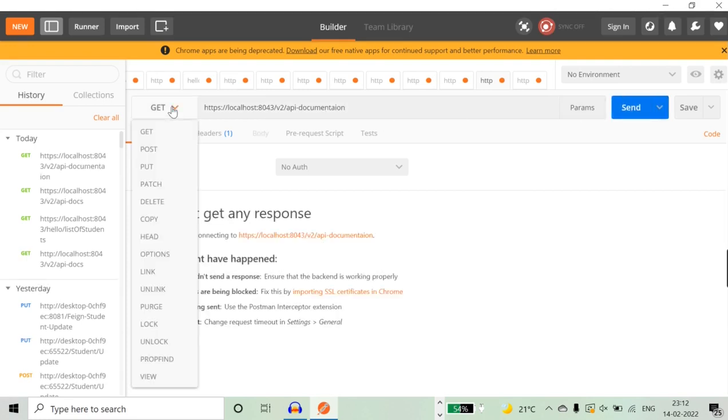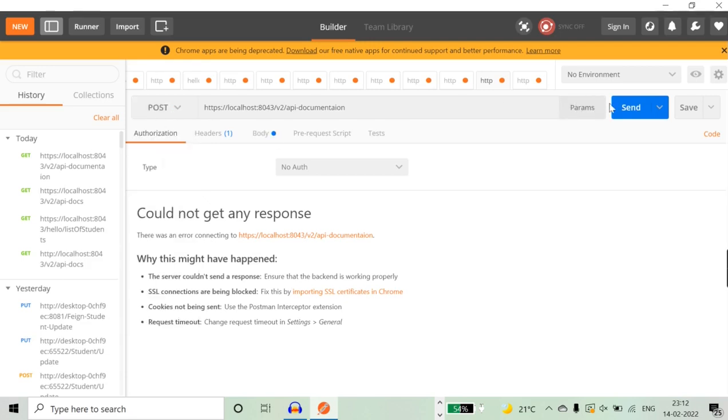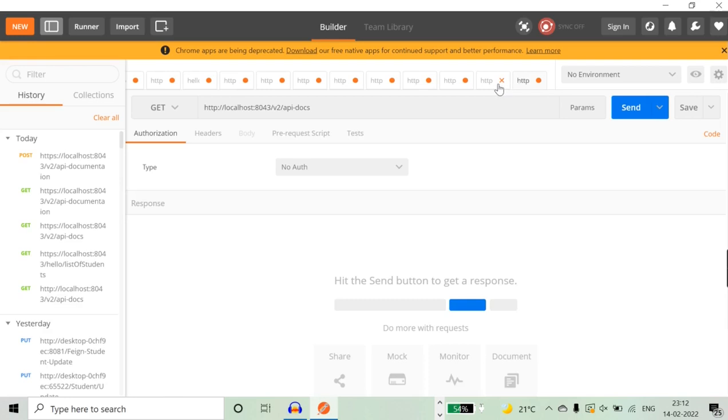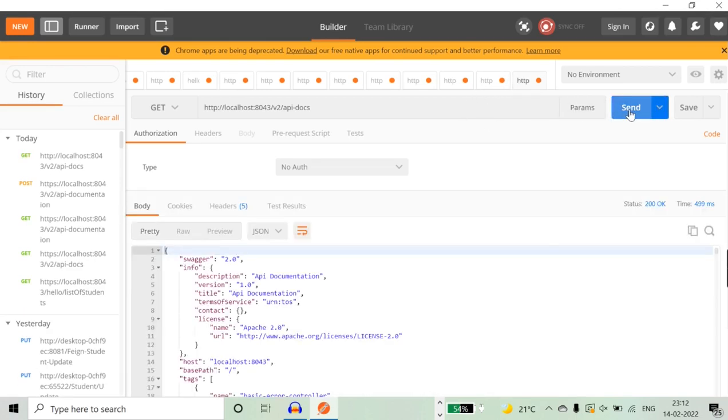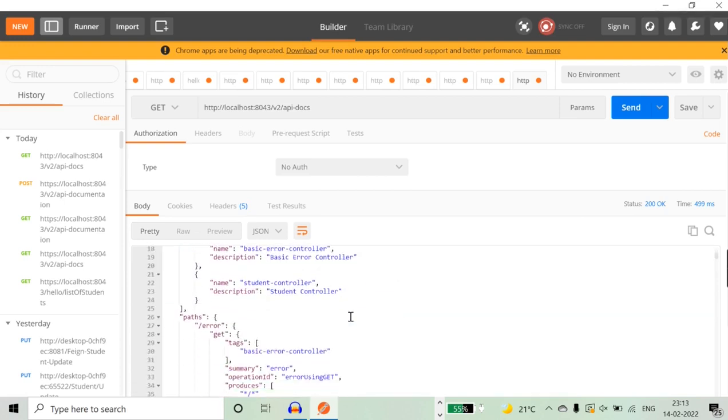Ideally, it should work with GET. We'll try with the POST. Okay, we'll see. See this one, because that URL was incorrect. See, now we have got the Swagger document, and reading these documents